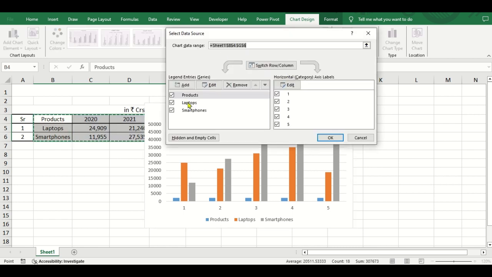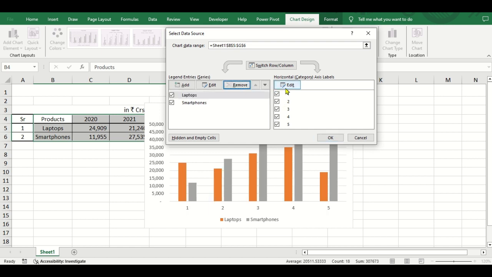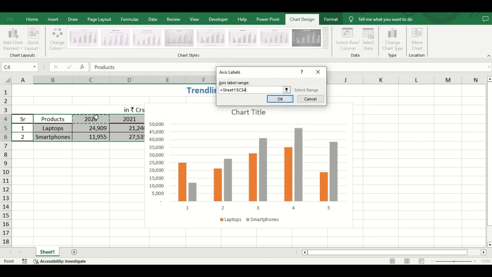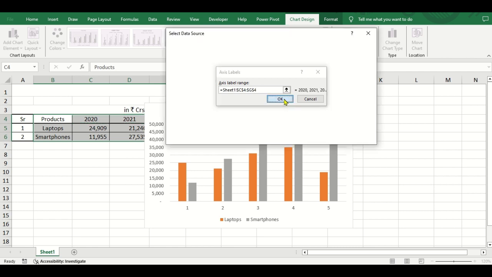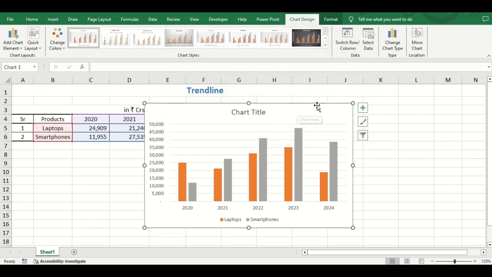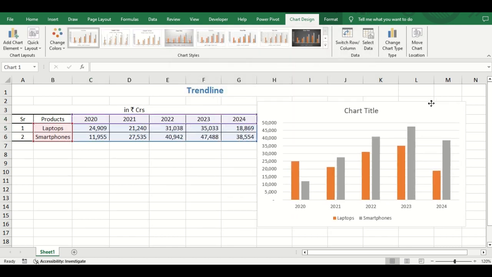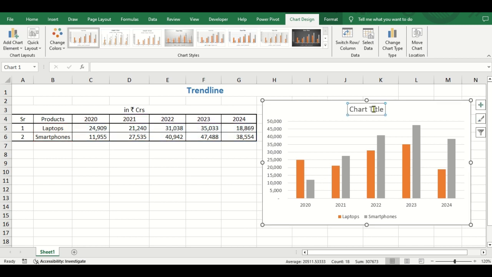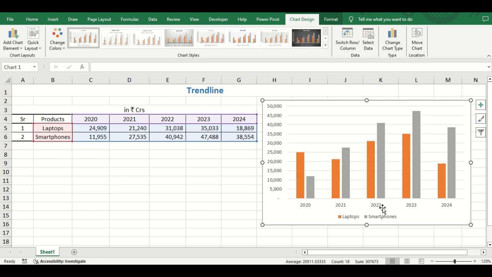click on select source data, and here we don't need the products line, so we will remove it, and in place of 1 2 3 4 5 we'll edit that and select 2020 till 2024. Now the data looks okay. We can remove this chart title as of now, or if you want you can add in this data the chart title also. Now you can see that the orange colored bar are basically the laptops and the gray colored